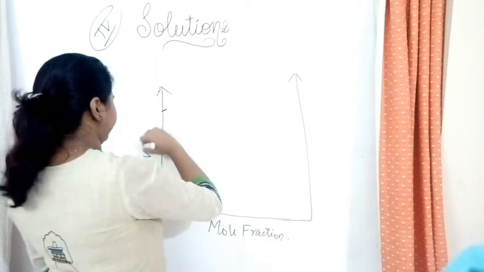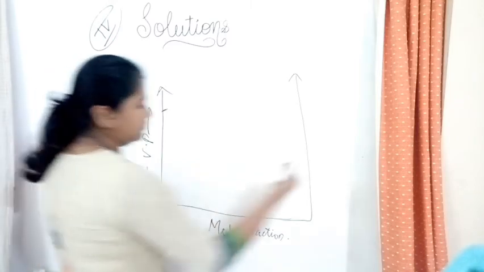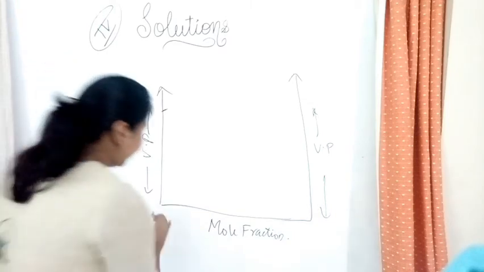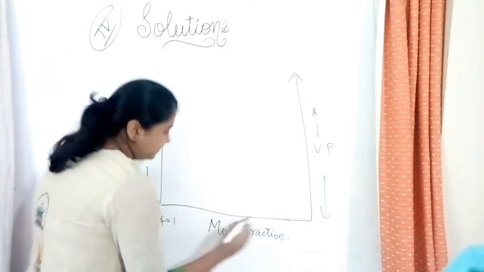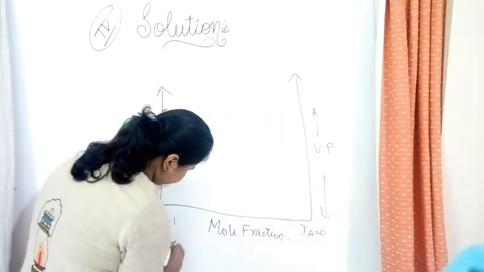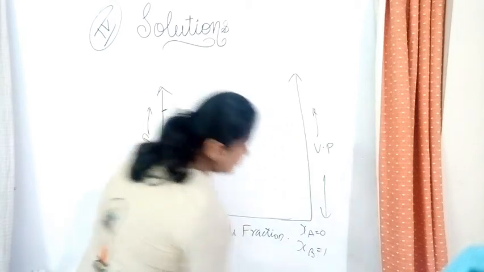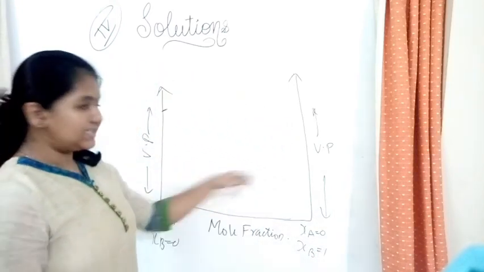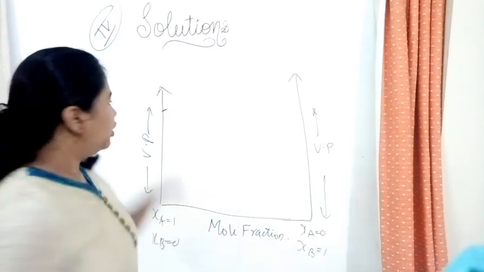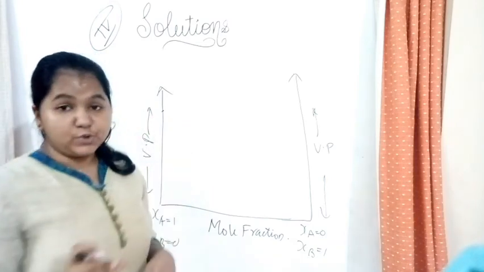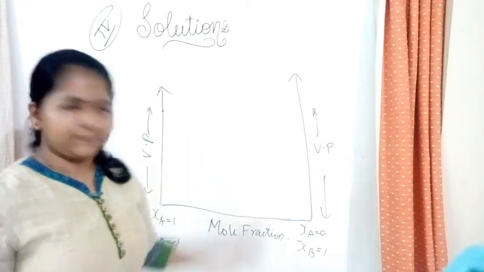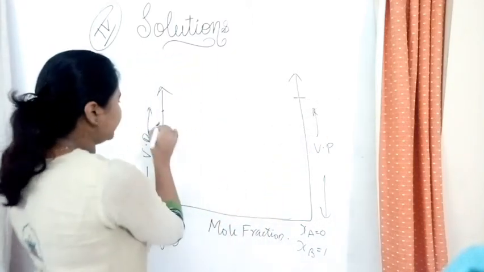Over here was the vapor pressure. Over here also it's vapor pressure. So what did we take over here? We took chi A is equal to 1, and over here chi A is equal to 0. Chi B is equal to 0, and chi B is equal to 1. Wasn't this the case which we took for ideal solution? The same case only, we are just seeing the positive deviations and negative deviation. We took that solution B was more volatile than solution A, and therefore the vapor pressure of B was higher than that of A. So this is B, and let's make this as A.